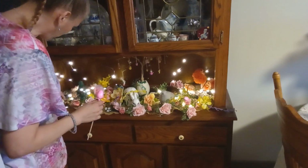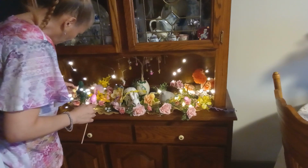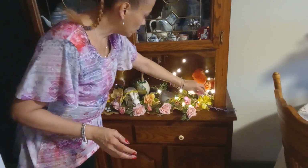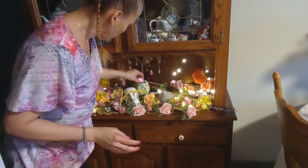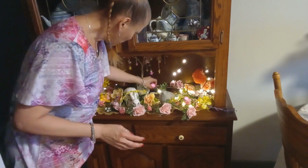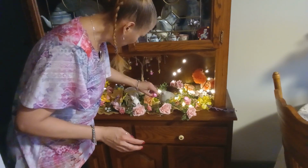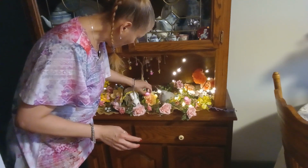So yeah, guys, here's my little Easter spring tabletop decor. So you could do Easter, you could do anything that you like, guys, as long as it's spring related. And Easter, of course, is spring related. So guys, we are going to be bringing this back